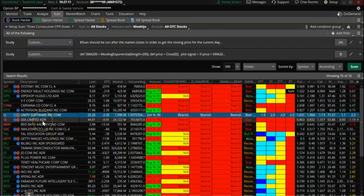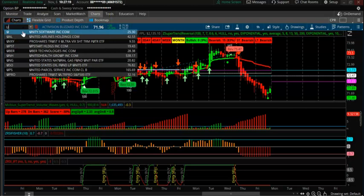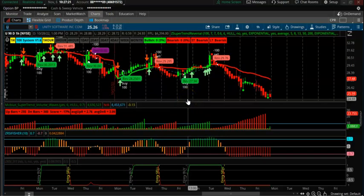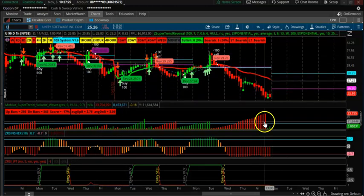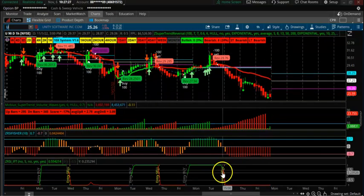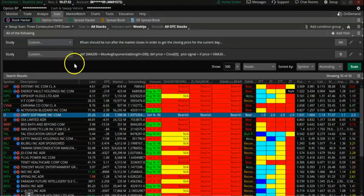Unity Software. You can see CPR is turning down, volume is down, RSI down, sell signal, everything down. Okay, scan. Now let's look at